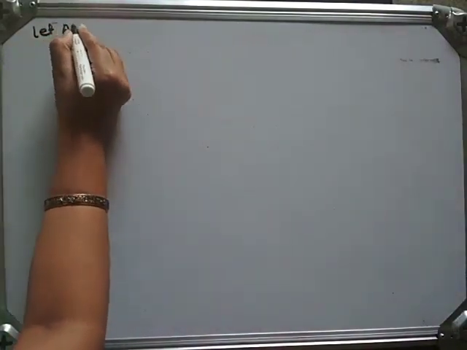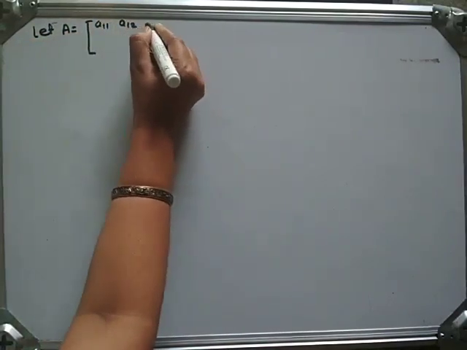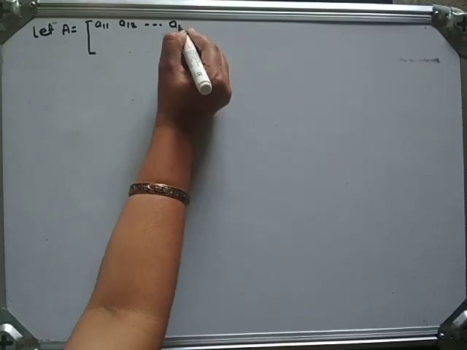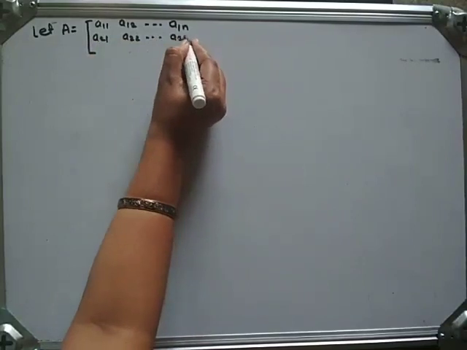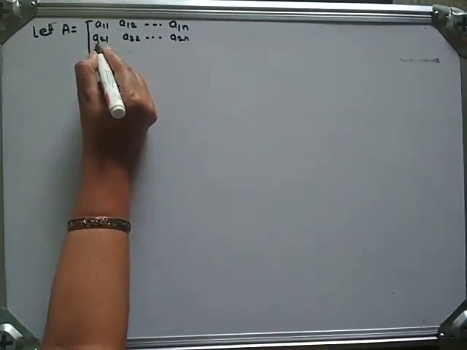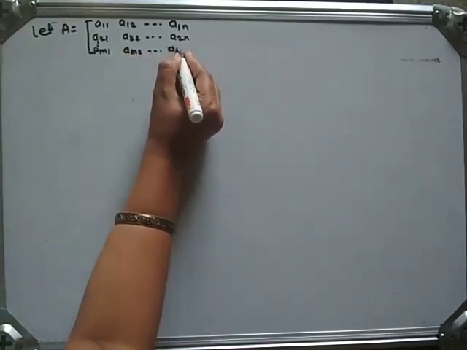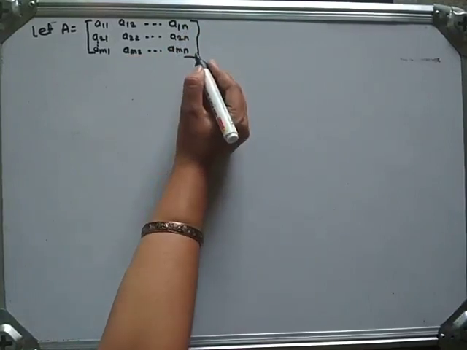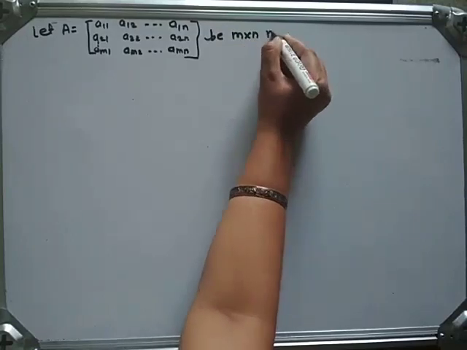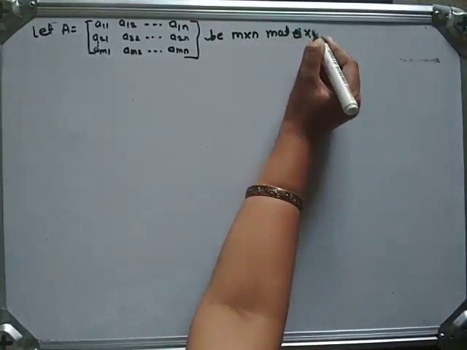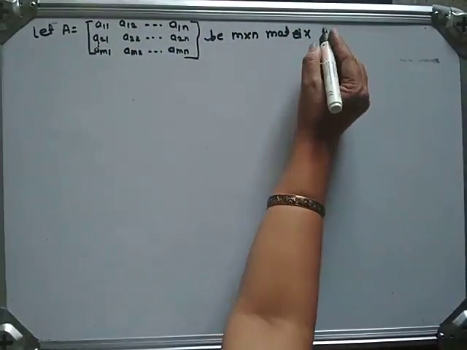Let A be the matrix with first row A11, A12 and so on up to A1n, second row A21, A22 and so on up to A2n, and so on up to AM1, AM2 and so on up to AMN. So what is the size of this matrix? The size of this matrix is m by n, since the number of rows is m and the number of columns is n. And